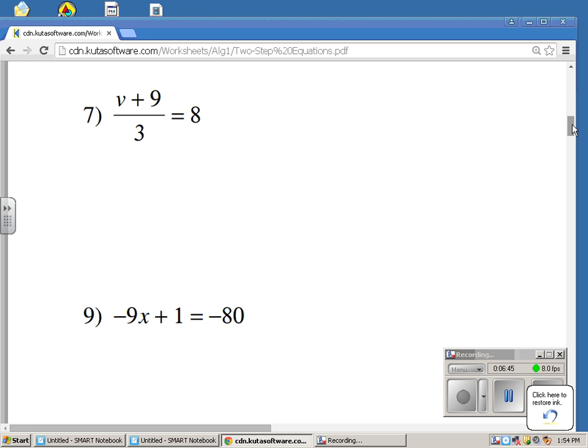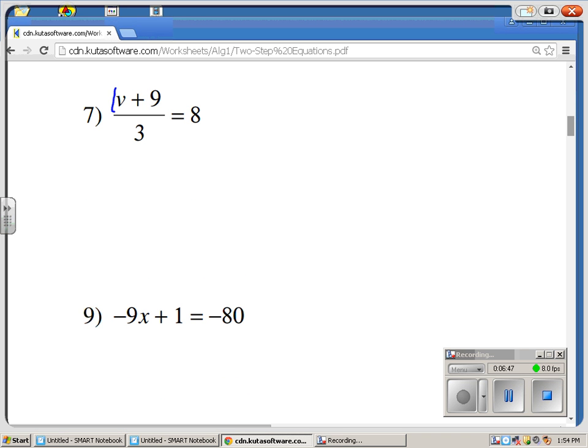Number 7, this one's new, but again, I'm going to box in the variable and the number that is directly beside it, the one that's closest to it. And then I'm going to get rid of the other number. So the two problem numbers right now are the 9 and the 3. They're keeping the v from being alone. And we want that variable to be isolated. We want it to be alone. So the v plus 9 divided by 3, those two pieces are separated by division, so the inverse operation is